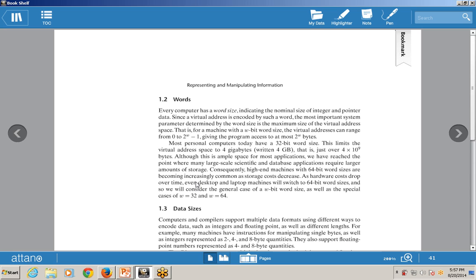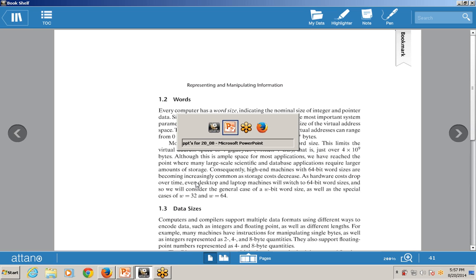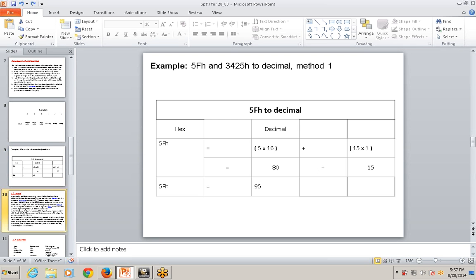Then the next topic is words. Now the next part of information storage is the word. Till now we have covered information storage, and one of the methods for information storage is the hexadecimal number system. Means we can store the data with the help of hexadecimal numbers. Now the next topic is storing the data in the computer system with the help of words.